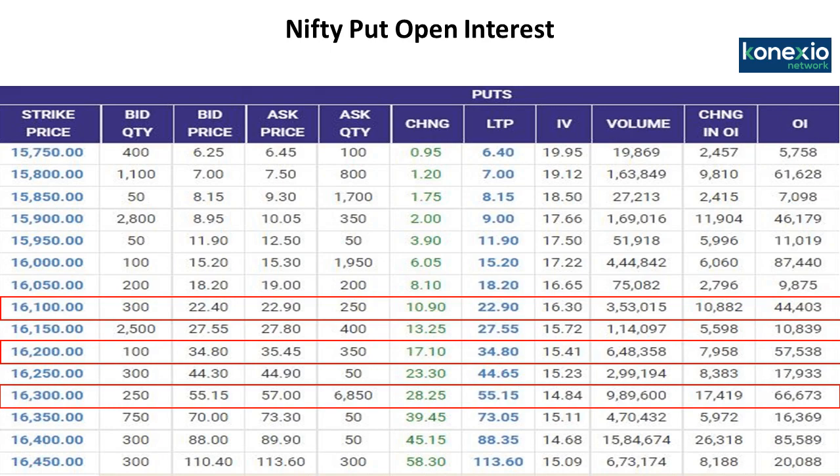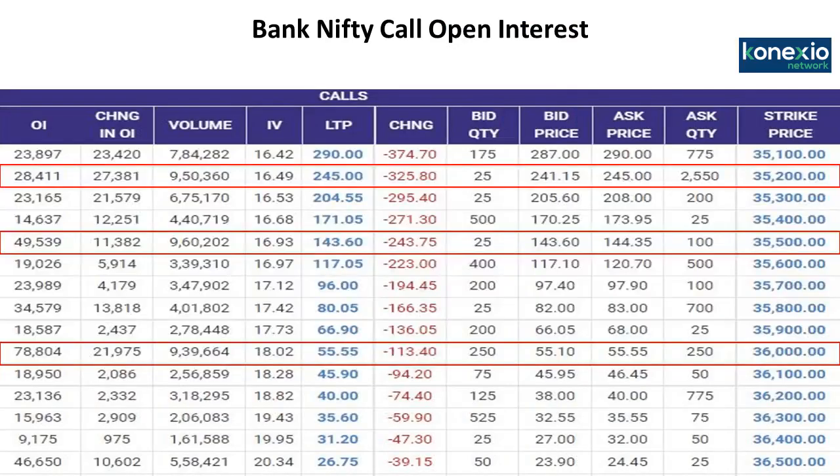Now let us discuss what we have observed in Bank Nifty. On the Bank Nifty option chart, there has been a rise in the open interest in the Bank Nifty out of the money calls. You can clearly see a rise in the open interest in 35,200 calls, then 35,500 calls,